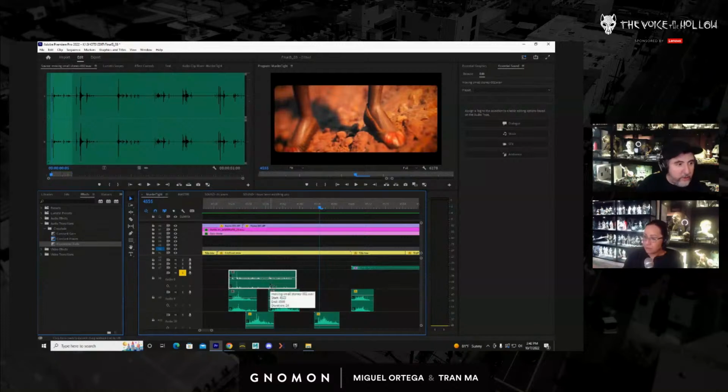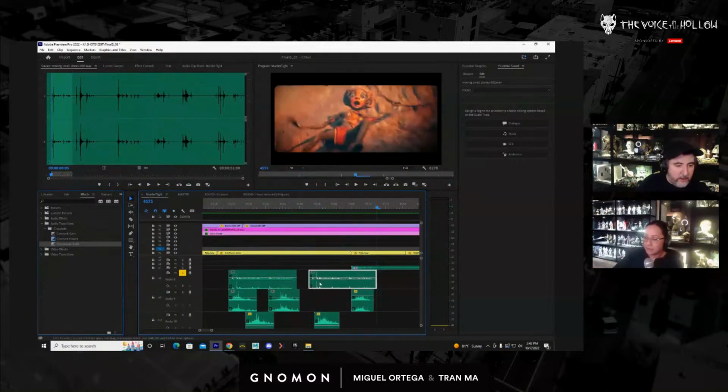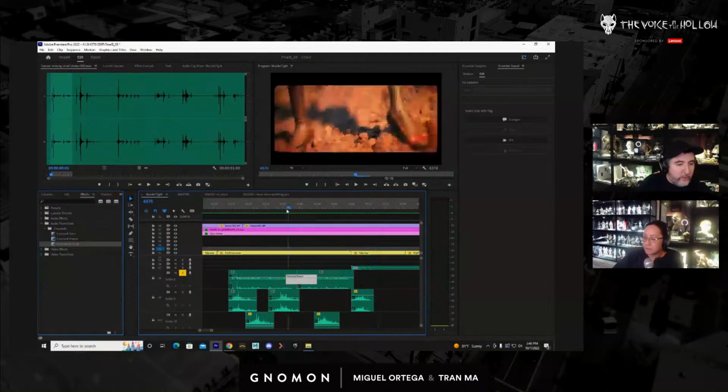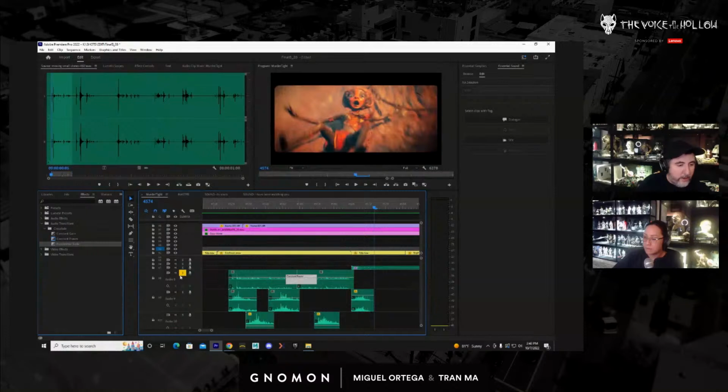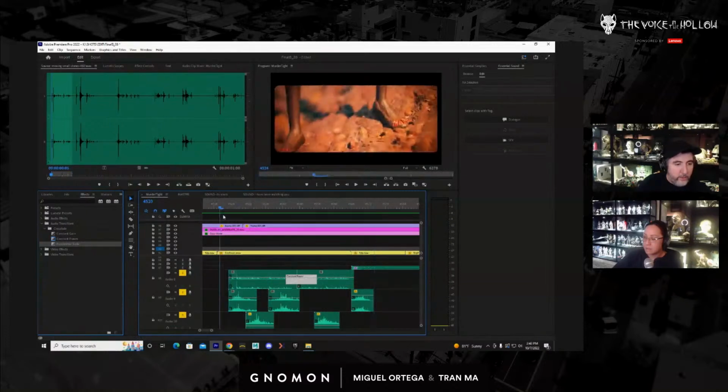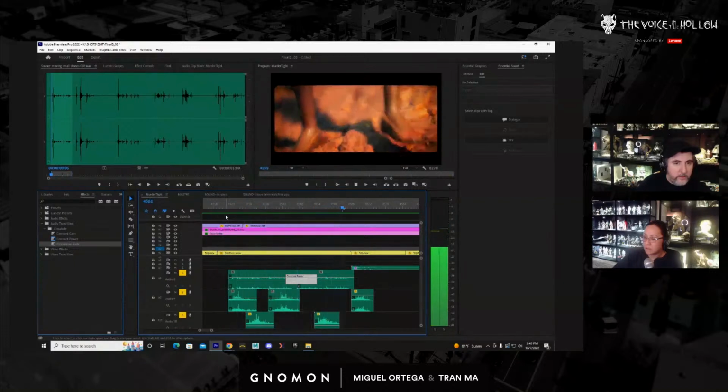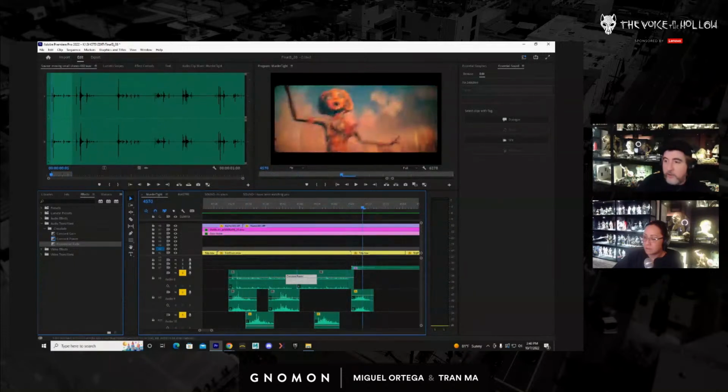Okay, and I could probably just grab that and use it again here. And since there's that one particular spike in the wave, that's probably an identifiable one. So I'll just cut that out and shift it over. And then I'll just right click and then go to apply default transition so that they blend into each other. Okay, and that'll probably be good. So let's solo these three and hear what they sound like. Okay, so there she falls.